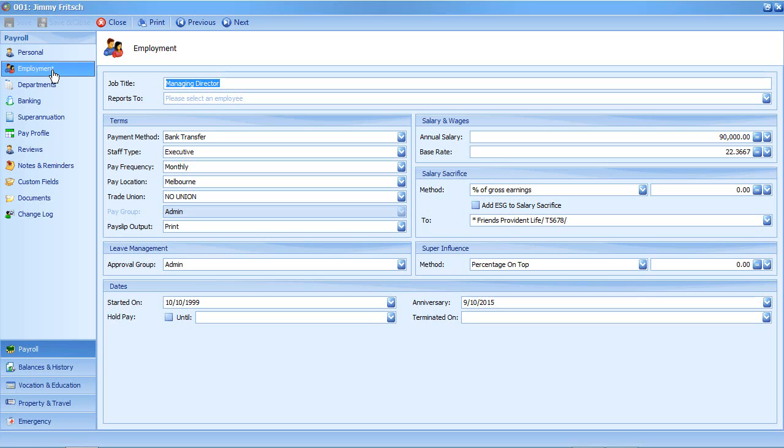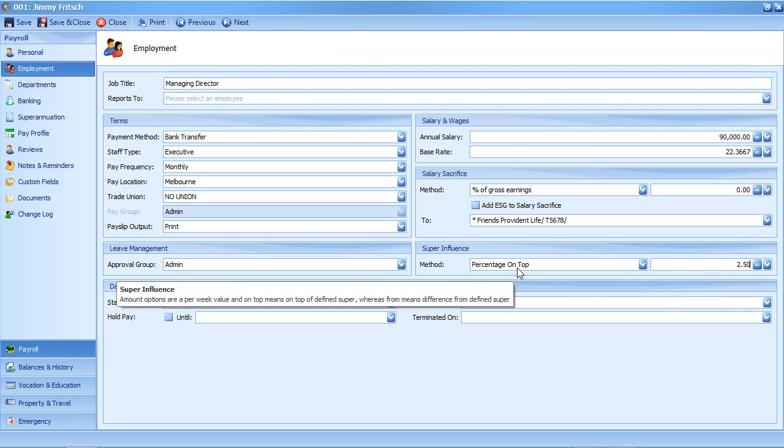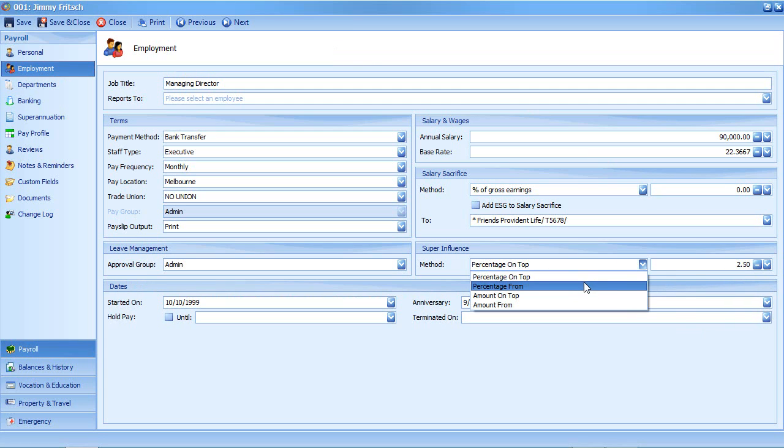So we'll walk through a couple of scenarios. So the first one is Jimmy's in the executive staff type and he's decided that as the managing director, he's the only one that's going to get additional superannuation, and he's going to be giving himself 2.5% over and above everyone else in that staff type. So that is percentage on top, and there are the four methods to choose from. So you've got percentage and amount on top or from, and we'll explain the on top first through the payroll process. So we'll just save and close Jimmy's record,